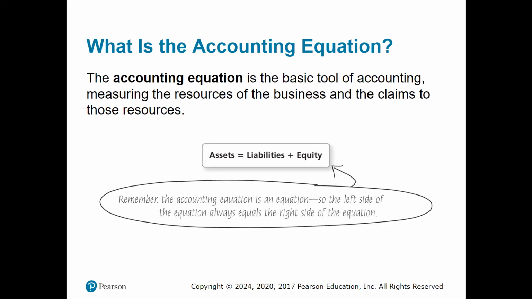So this chapter and the next chapter could be a little overwhelming because it's like a foreign language in a way. What we're talking about is a different way of looking at numbers than what you're used to. And there's a lot of algebra involved here, but it's easy algebra, like the most basic algebra that you'll probably ever do. So assets equals liabilities plus equity.